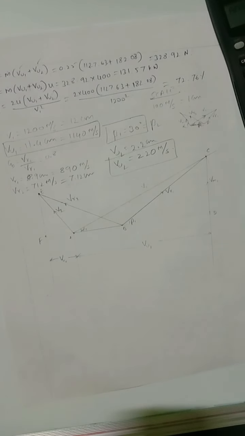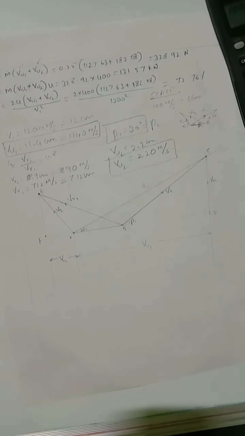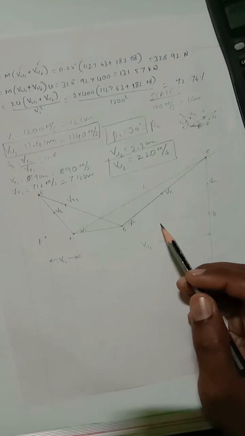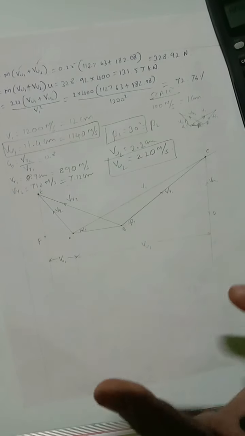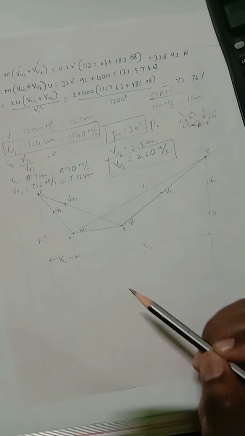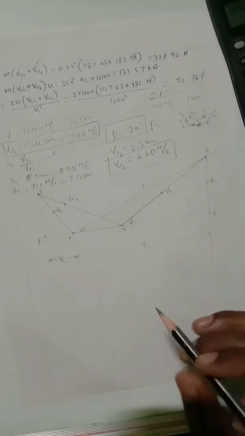So in the examination, either you can solve the problem using the formulas, or you can also solve using the graphical method. But when you are solving using the graphical method, you need to be very careful, because there should not be much variation, or else you will lose the marks. I hope you people have understood how to solve the steam turbine problems. We will take up few more examples, and we will solve them both using the mathematical formula and using the graphical method.